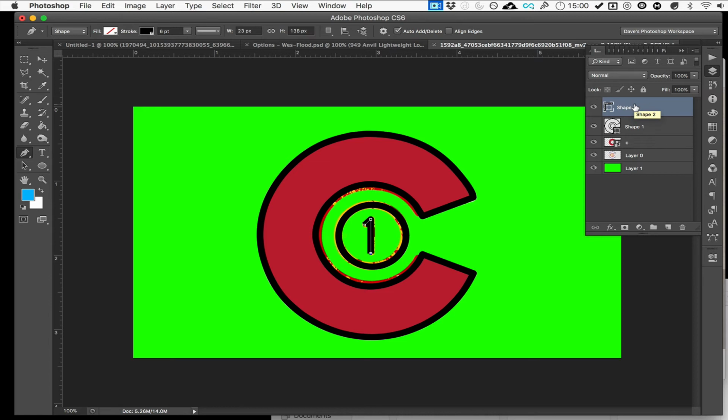We can merge that later. I'm not sure why that didn't work because we were on this layer. I'm not sure why it didn't work with the pen tool, but it did with the shape tool. Anyway, so you can kind of see